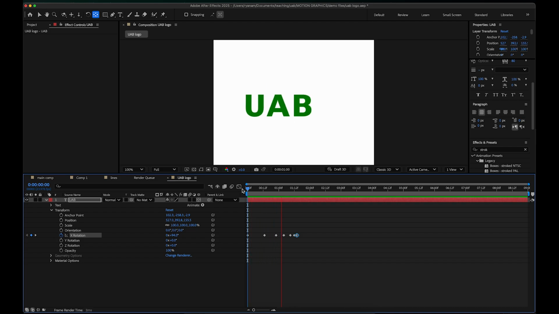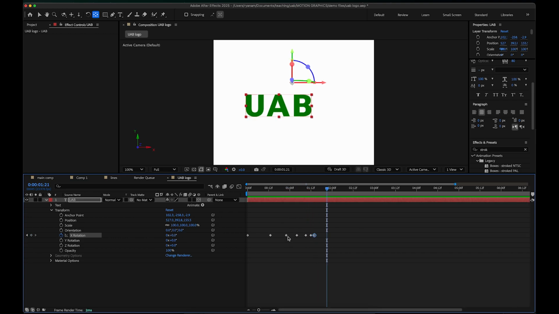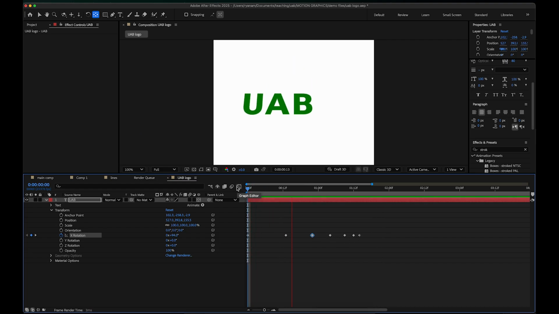So it swings back and forth, but you also notice it's a little choppy. In case I haven't mentioned this before, you can click and drag around these keyframes as much as necessary. These are actually not too bad at the moment, but to get rid of this choppy robotic movement,